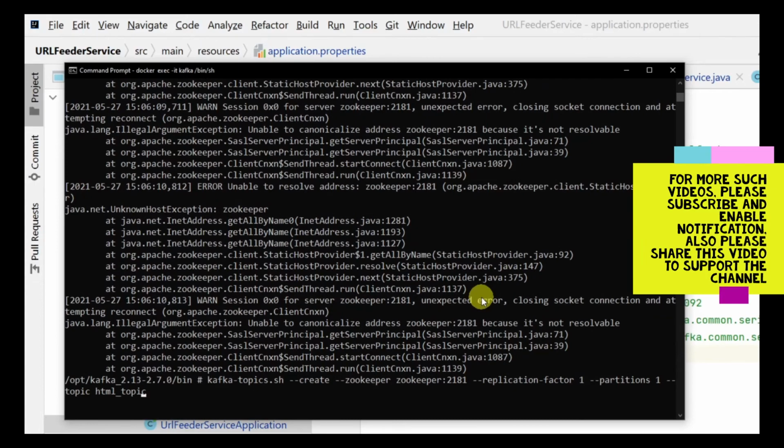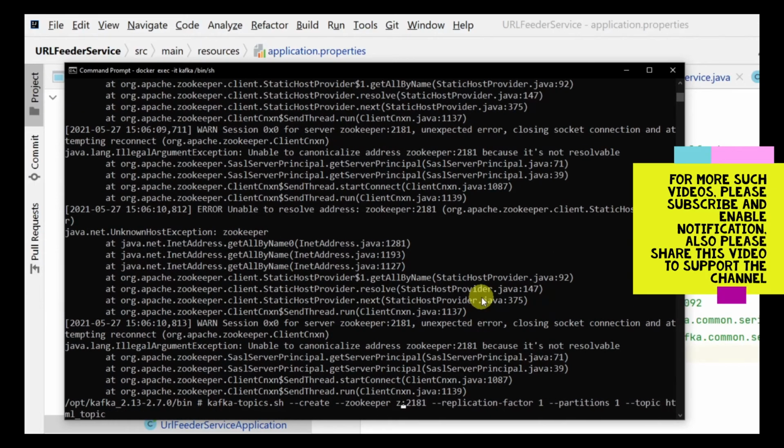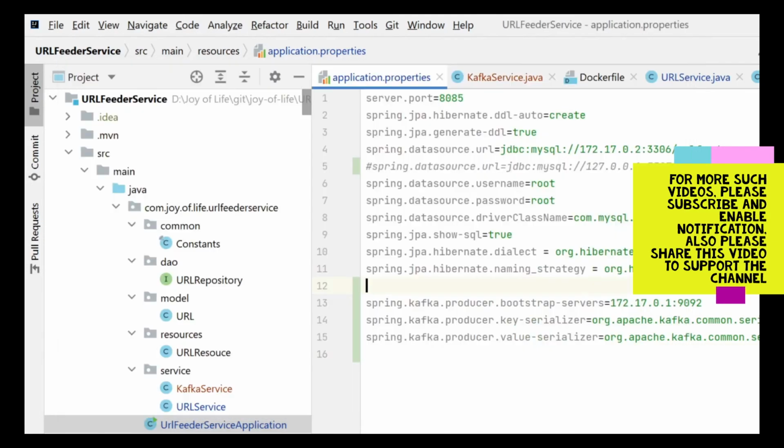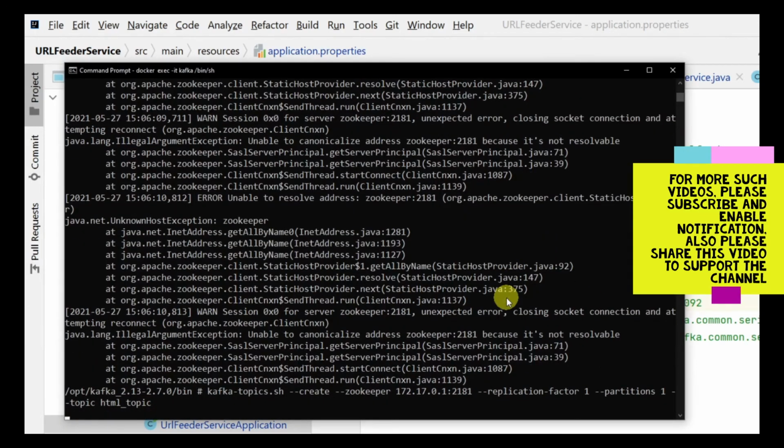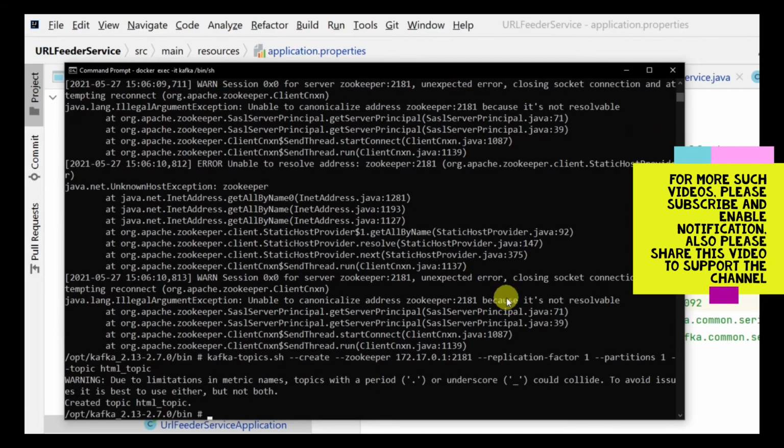So we are going to change it over here. We are going to put the same IP address we have seen over here, 172.17.0.1. So you can see that the topic has been created. So we cannot address it like Zookeeper colon 2181 going forward.